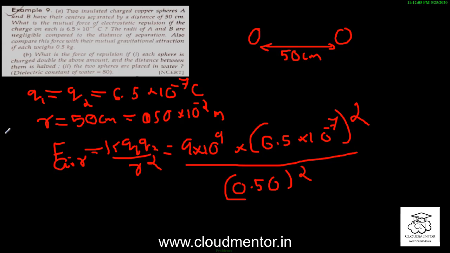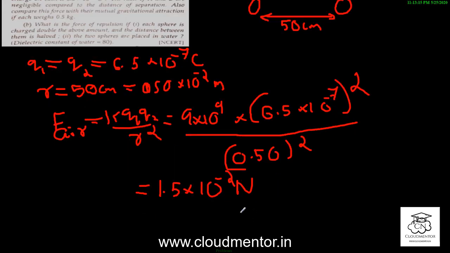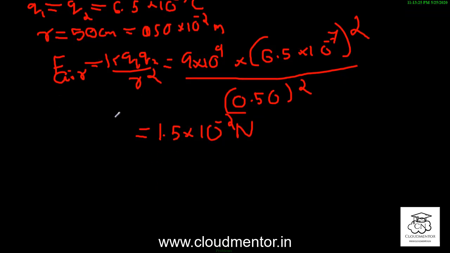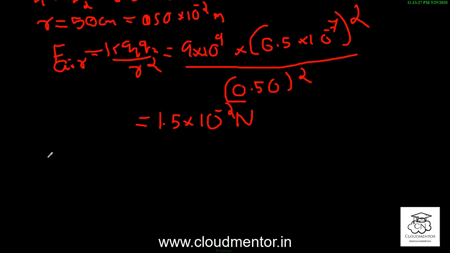Now doing the calculation, we will get the answer as 1.5 multiplied by 10 raised to minus 2 Newton. And now we are asked to compare this force with the mutual gravitational force of attraction also. So we can find the gravitational force of attraction by using the equation Fg, the gravitational force, that is equal to G m1 m2 divided by r square,